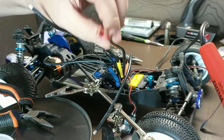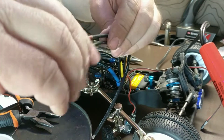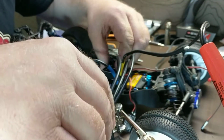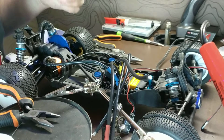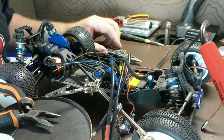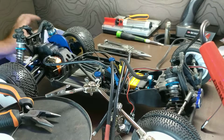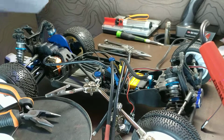I've already soldered on my Deans connector, which is what I run. A lot of people run bullet connectors. I prefer to run Deans myself. It allows me to run different batteries in different vehicles. But anyway, what I've got here as far as the speed controller goes,